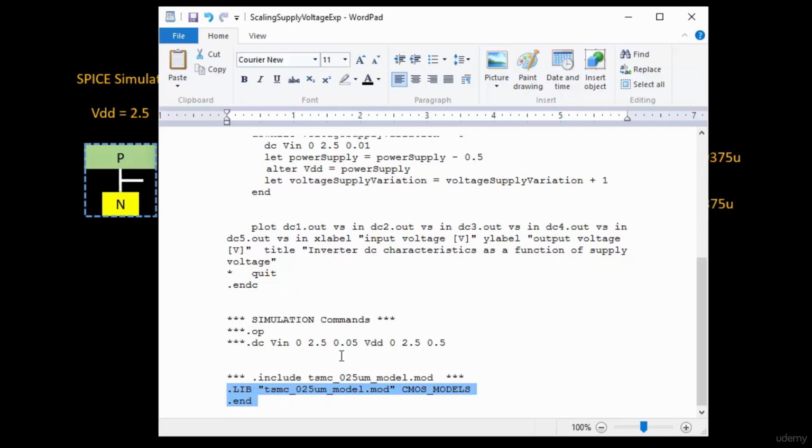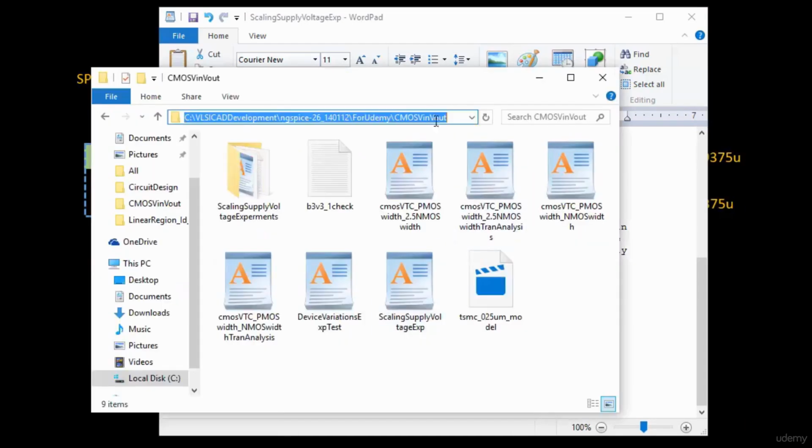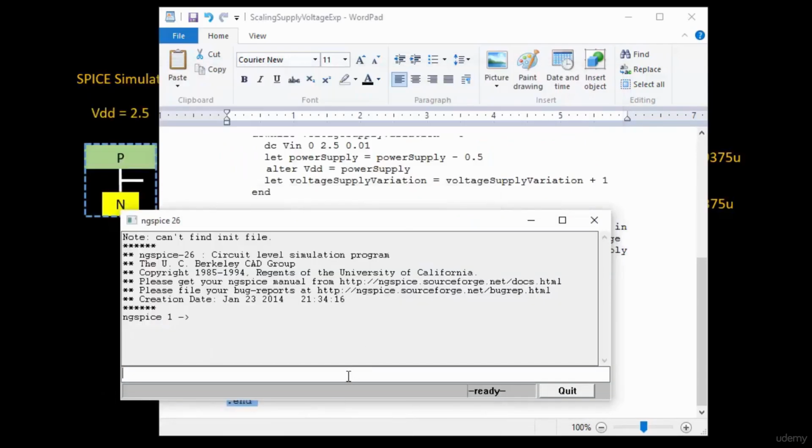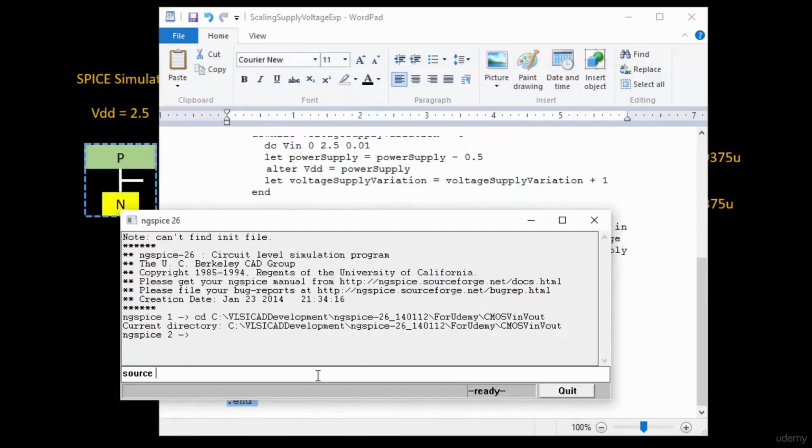Okay, so I have the SPICE simulator as well. Let me open that up. Okay, this is the SPICE simulator. We'll first go to the area where I have kept my SPICE netlist, so we will cd to that area. We'll source the circuit file. Let's say the circuit file is this one, which I have named scaling supply voltage. If you see over here, it's the scaling supply voltage experiment. So let's use that. We will source this, and the moment we source this,